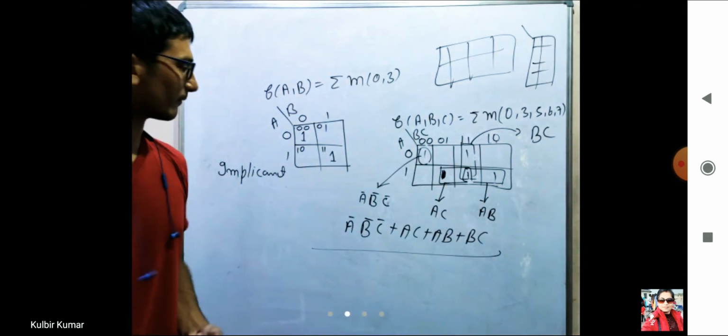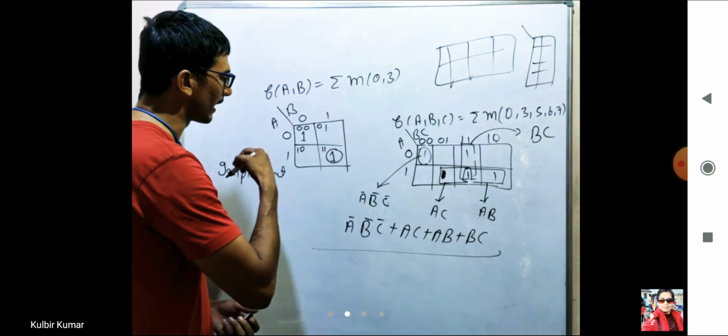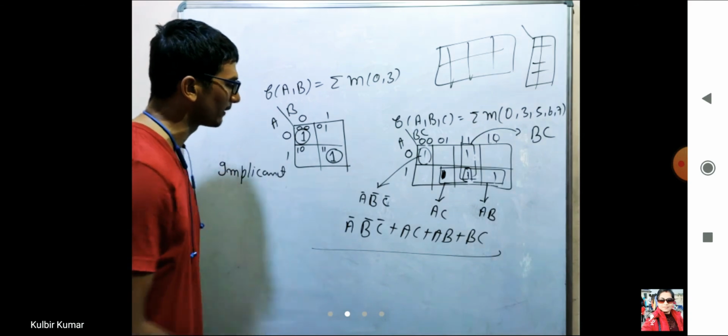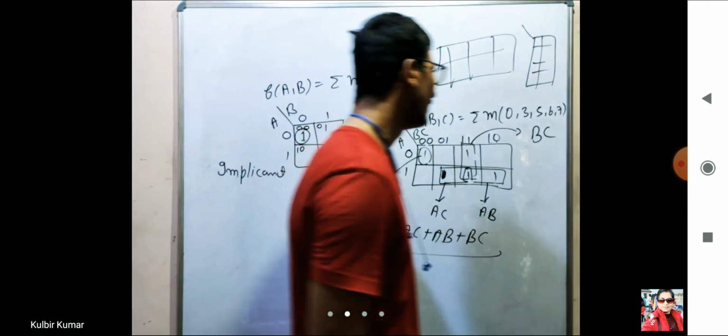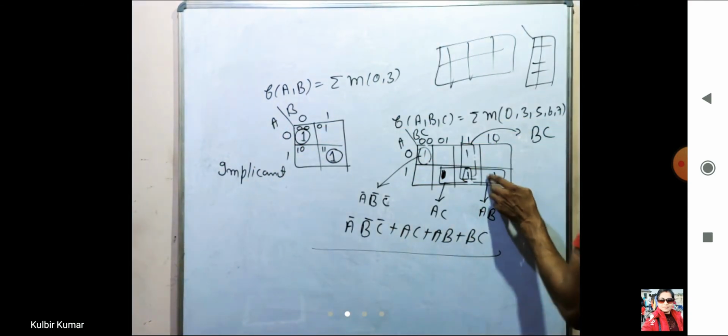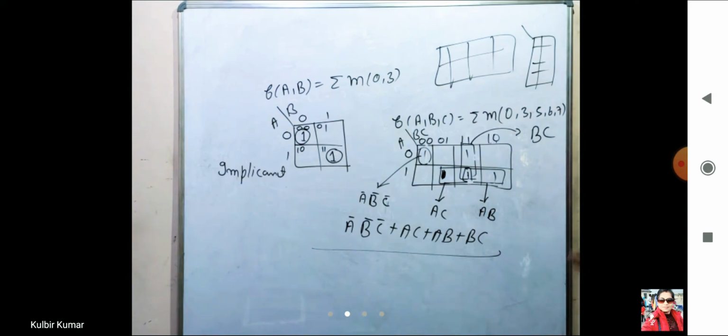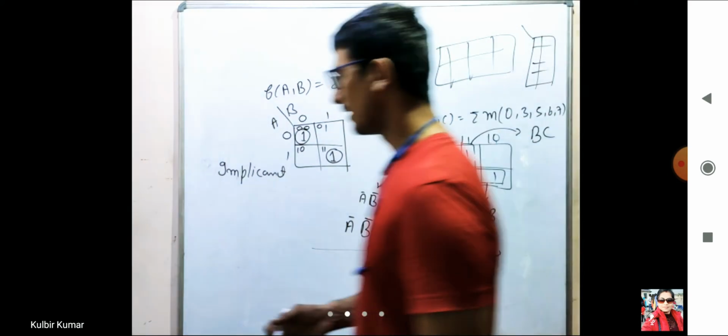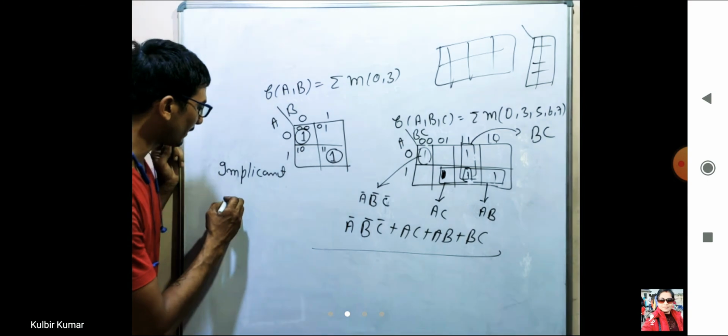Right? And let us take one more example. अगर single का पेयर बनाया that is implicant. इस single one का पेयर बनाया that is also an implicant. And here also अगर मैं single one का पेयर बनाता हूँ then it is also an implicant. And second one is prime implicant.